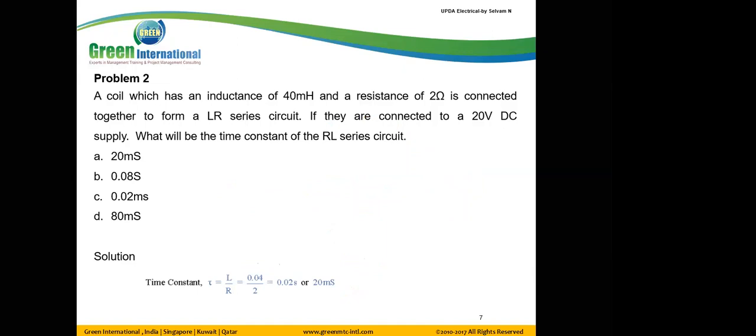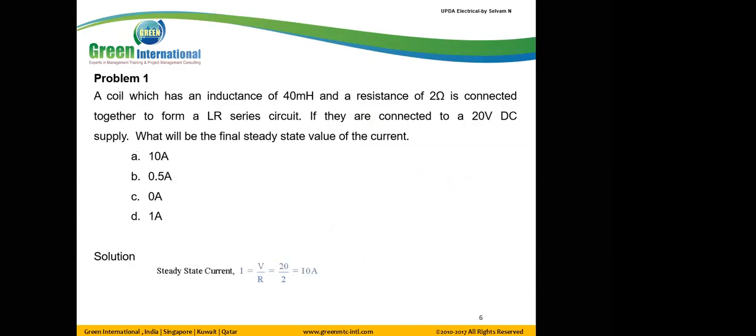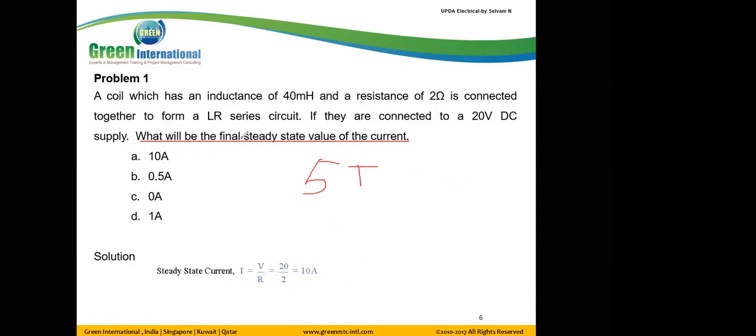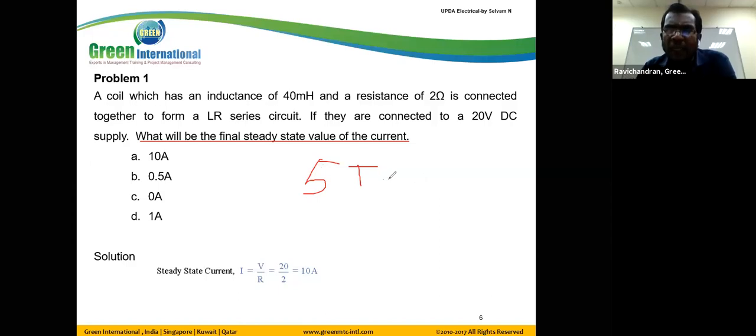Yes, sir. Can you get back to the question? If it is steady state, then the value will be 5 tau or infinity, correct? Yes. General exact time is 5 tau. But in general, above 5 tau, it is called infinity. So for this particular problem, we substitute infinity for the t. Just use the calculator. Simple thing.